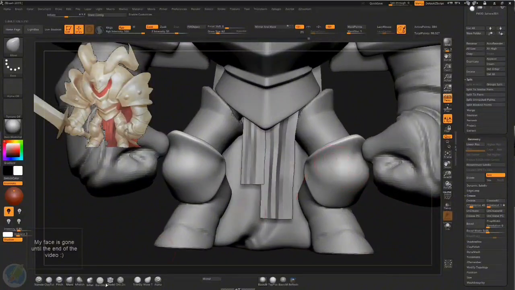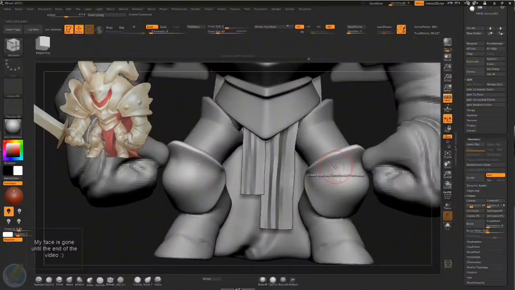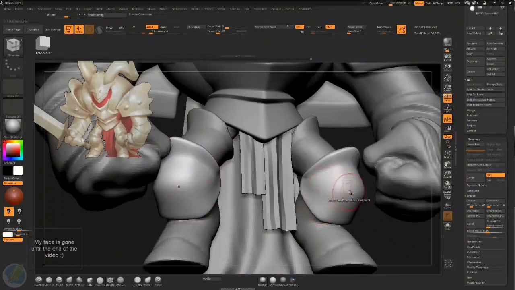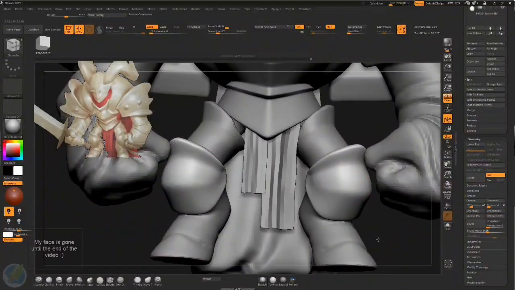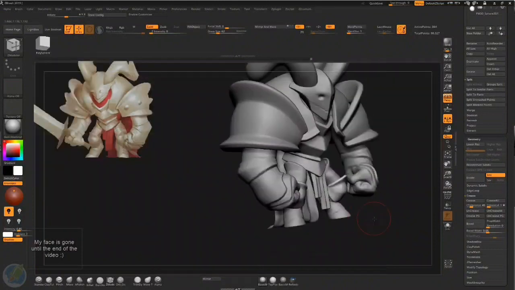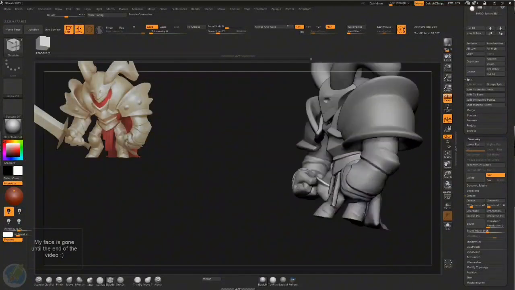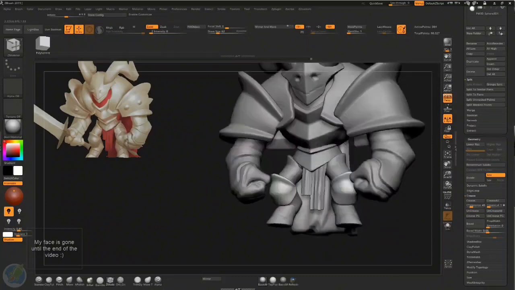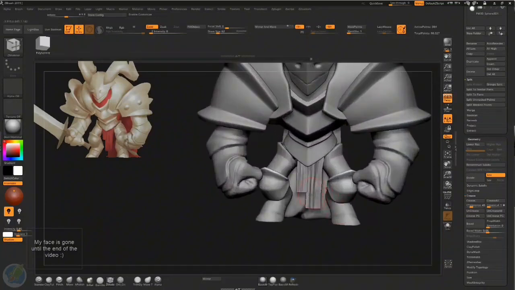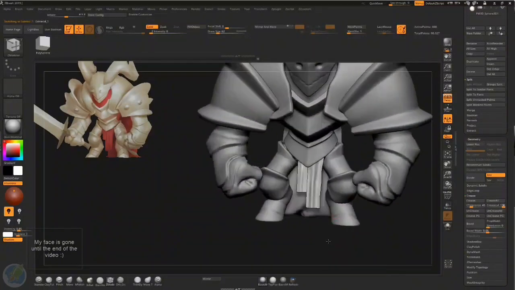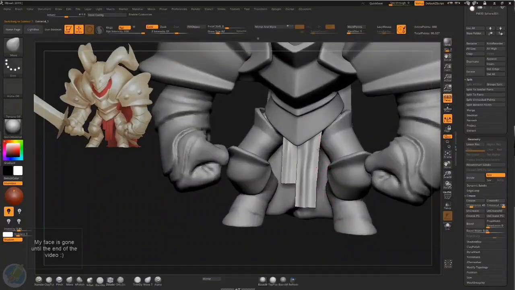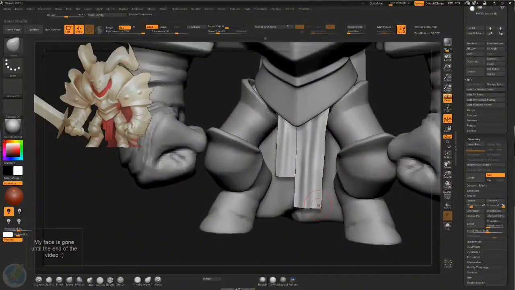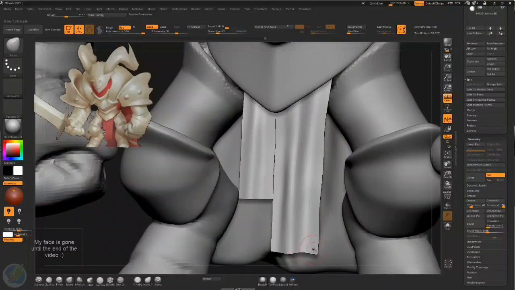Just crease this, and probably also this. And it's starting to look not very good, but not very bad. We can refine it later, of course. Other thing we want to do is press D on this and see what happens. It's not super perfect, but I think we can handle this. We can make it a bit like this. It doesn't have to be that sterile,